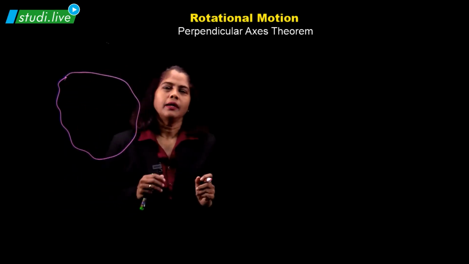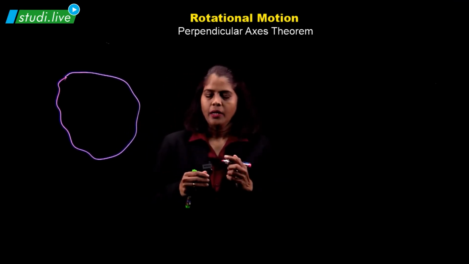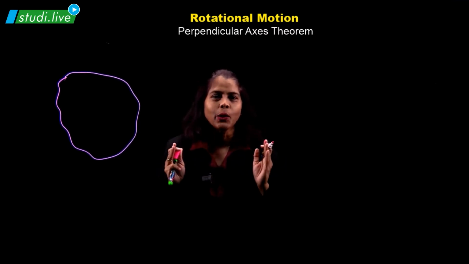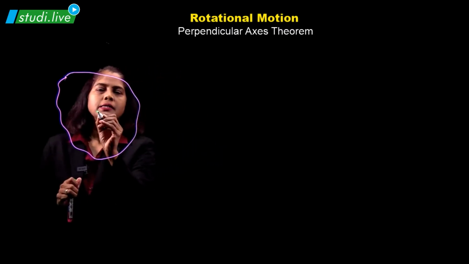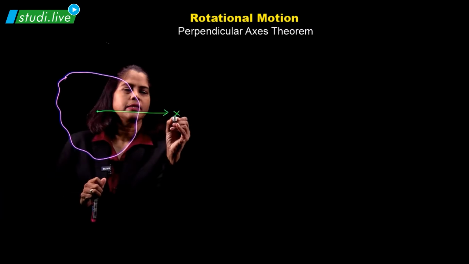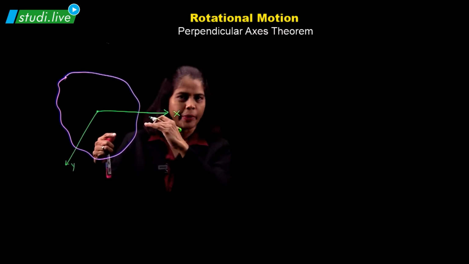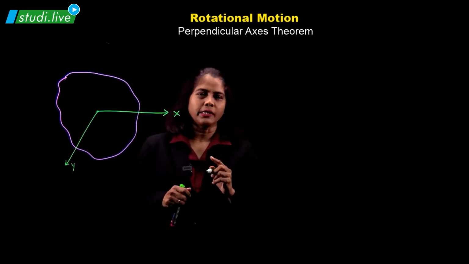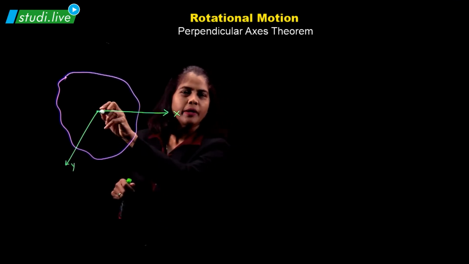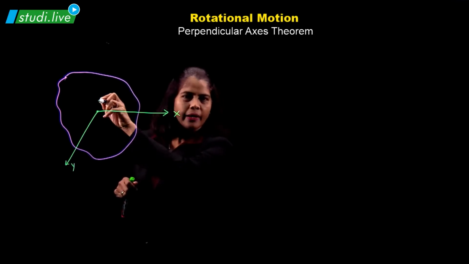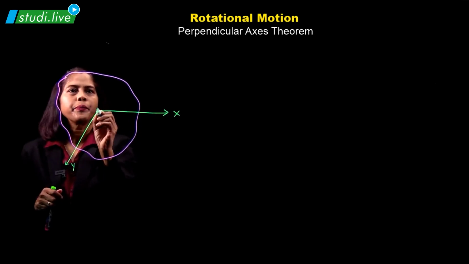Now, for this irregular shaped body, we are going to rotate about different axes. That is, all the three axes should be perpendicular axes. So let us talk about one axis. Let me say that consider this as x-axis, this is y-axis. These two are mutually perpendicular, and one more axis, that is a third axis, that is perpendicular to the plane lamina. Okay, I cannot show you diagrammatically like this, so we can just show in this manner,